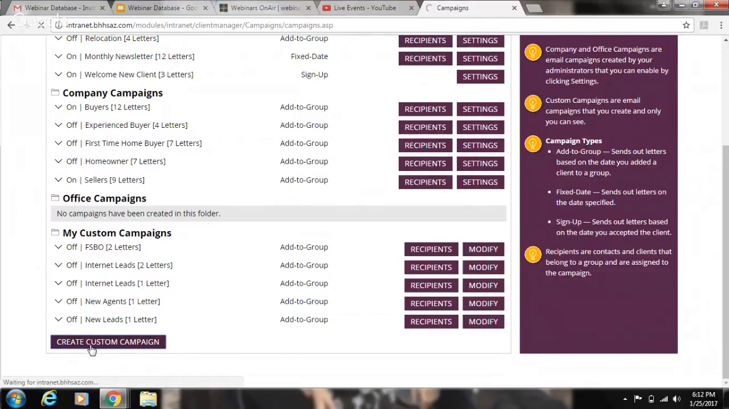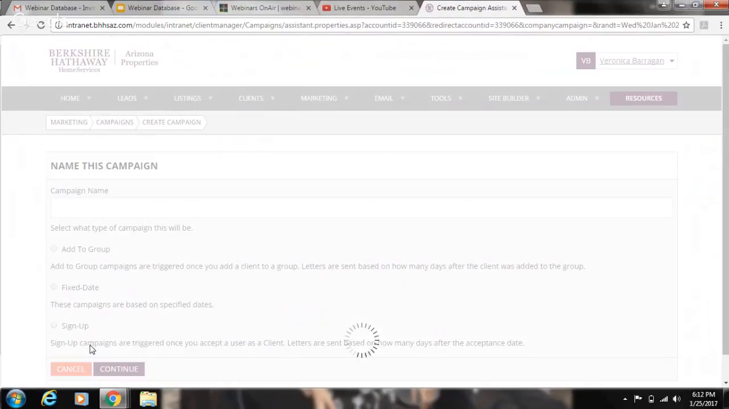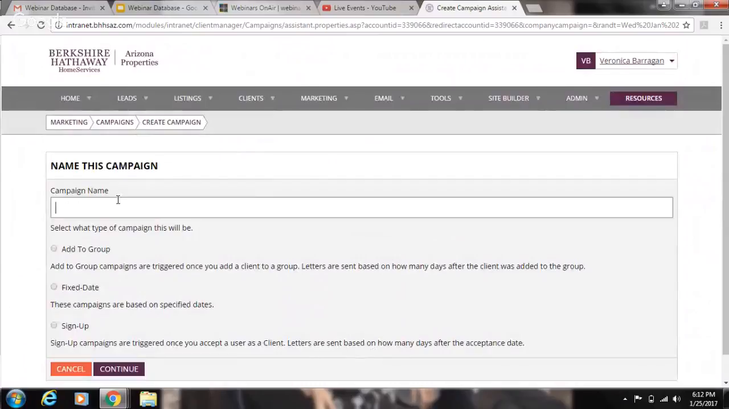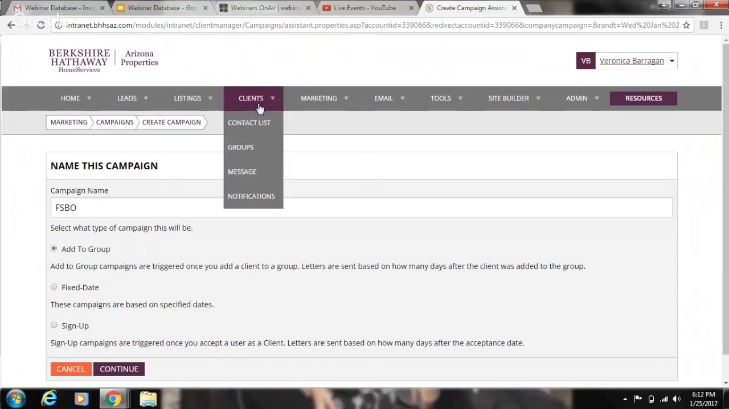But I'm just going to show you really quick. You click at the bottom and you hit Create Custom Campaign. In here, let's say that I'm working on a campaign for FISBOs. I'm just going to call it FISBO. You can add it to a group right here, which means I would create a group first under groups called FISBO,